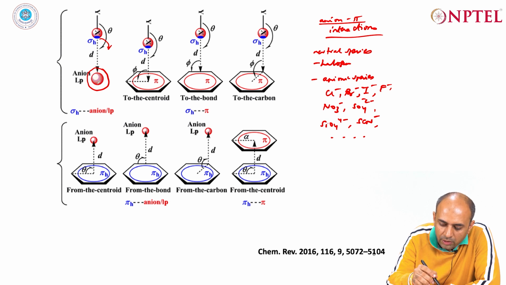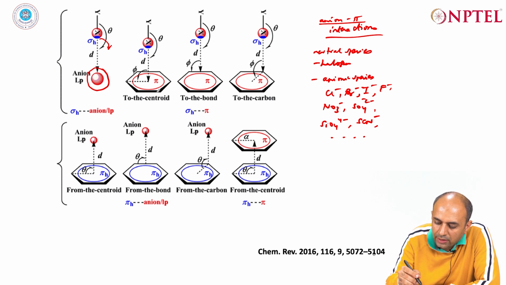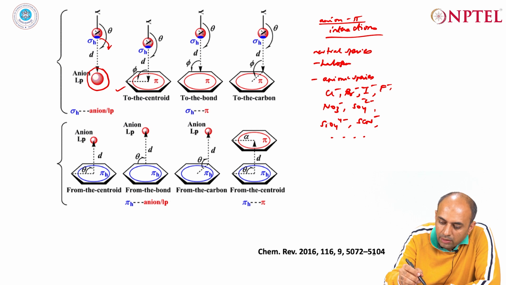Instead of the anion, you can also have pi electron density, for example a benzene nucleus, such that the halogen atom, the sigma hole, comes in close proximity to the center of the benzene nucleus, which we refer to as the centroid,